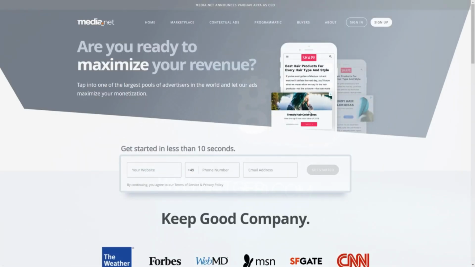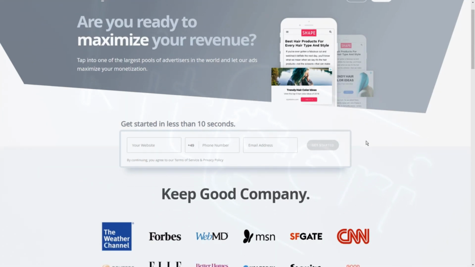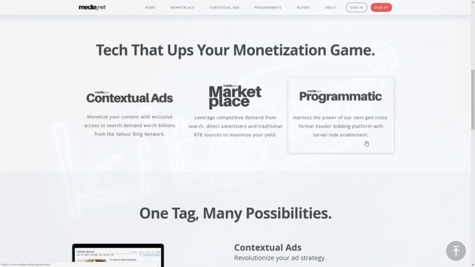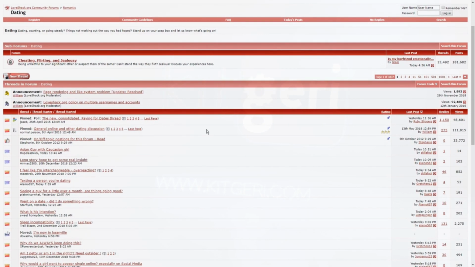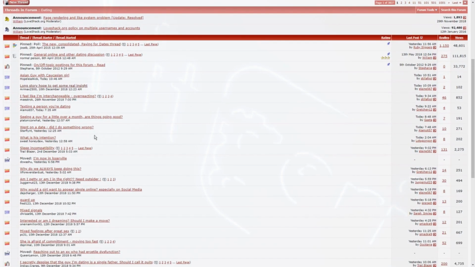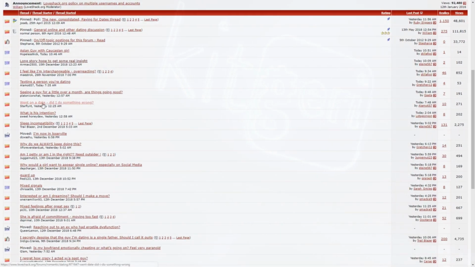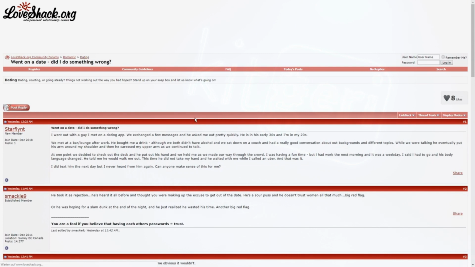The second way you can earn money with your forum: sell your own products. But what exactly do I mean with this? I'll explain it with the example of a dating forum. Here are many users who want to exchange information about texting men or women, or some tips for dating or whatever. I'd say this is a great opportunity to publish an ebook with top tips for online and offline dating.